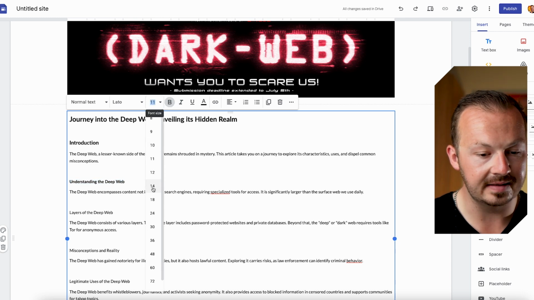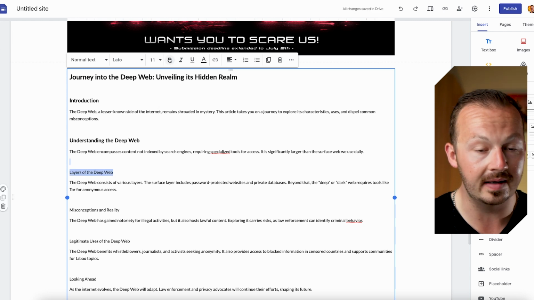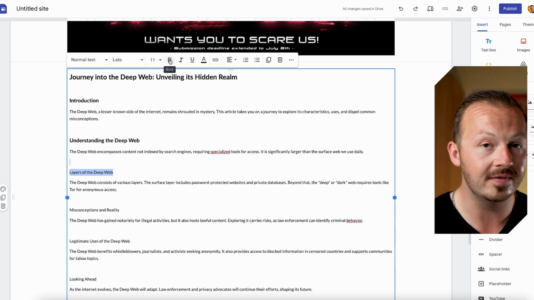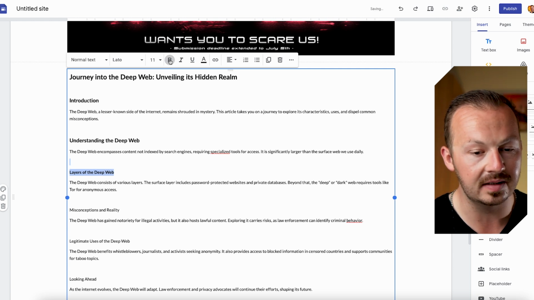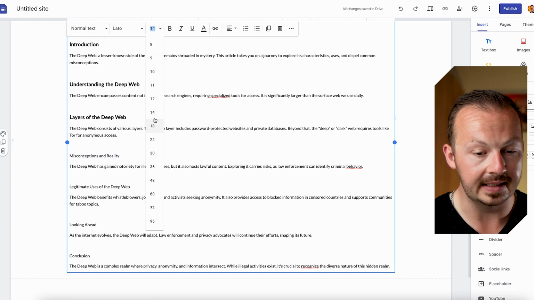Pretty much what you want to do here is customize it and make it look like a legitimate article, but you don't want to be making it too long because nobody's going to read through the whole thing, and even if they are, you don't want to be keeping them on this Google site for too long. Just go ahead and customize it, for example something like this, and after you're